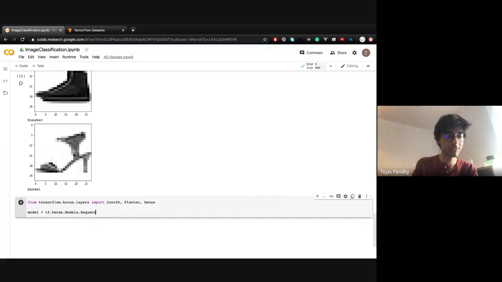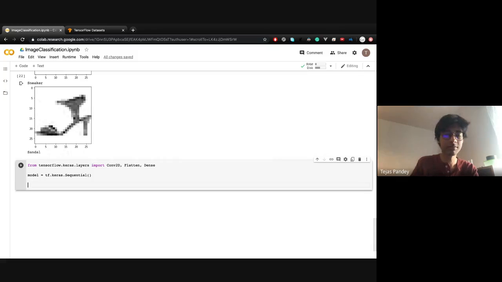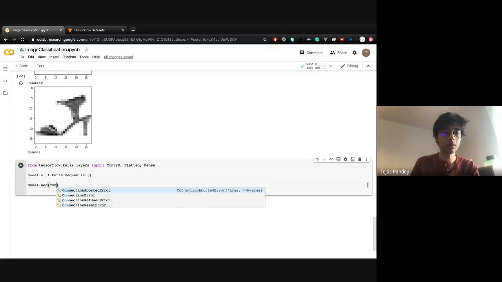All right, this is Sequential. Okay. Again, this is using TensorFlow 2.3, so keep that in mind because TensorFlow changes a lot. Okay, so we can add